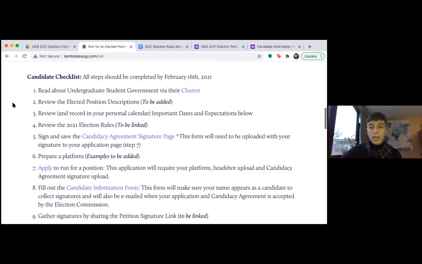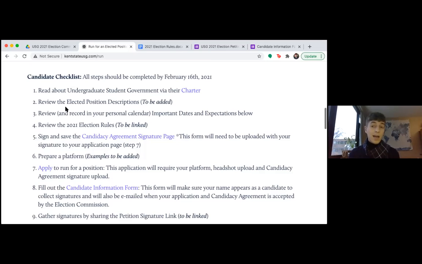First, a little bit about the process. What you're applying for now is to petition. Going through this process, you are going to eventually become a candidate, but the immediate goal is to get on the election petition, and then collect signatures. You need a total of 202 signatures, and that is what gets you onto the ballot. That is not necessarily your campaign. Your campaign comes later, where you'll be able to show your experience, talk about policies, talk about what you want to do in that position. But first, you need to get on the ballot to get there.